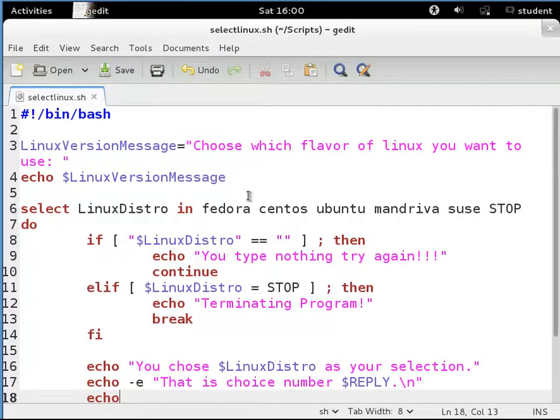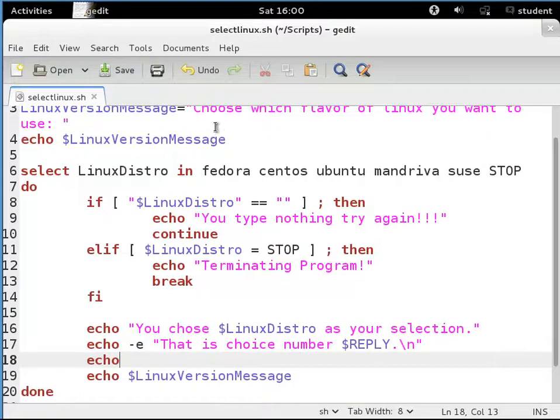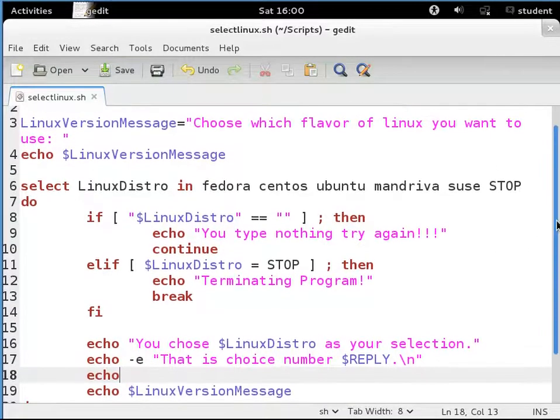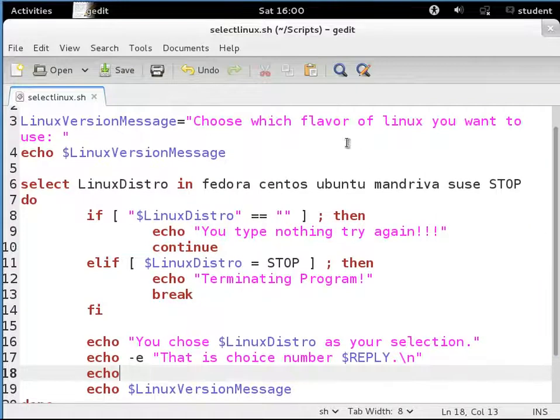We can store a message in there. So it makes a lot of sense. Otherwise, you're going to have to type that whole thing out multiple times. It's a little more efficient, a little easier on you. So that's nice. Once I make this variable where it has this message, I can just repeat this message over and over again. And by doing this right here,